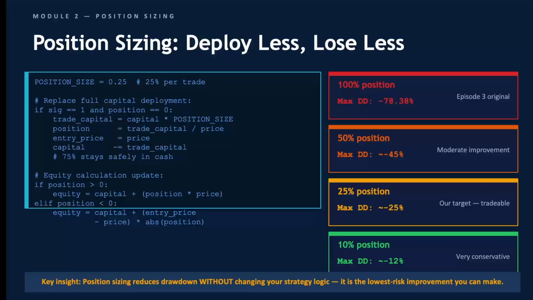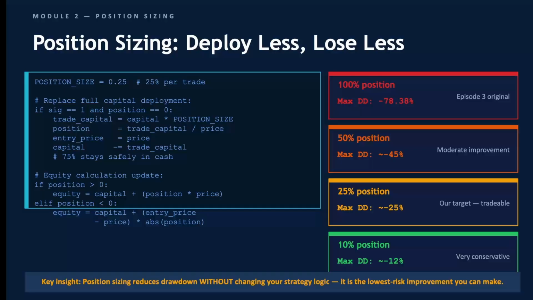Next is position sizing, which is the most powerful risk tool. Position sizing is the practice of only deploying a fraction of your capital on each trade, rather than going all in every time. It is the single most effective way to reduce drawdown without changing your entry and exit logic at all. Our episode 3 engine deployed 100% of capital on every trade, and that maximized returns but also maximized losses. We are now going to replace that with a fixed fractional position size, risking only a set percentage